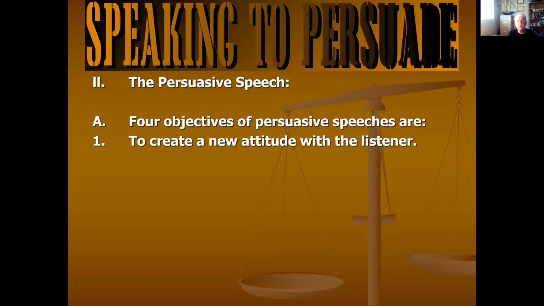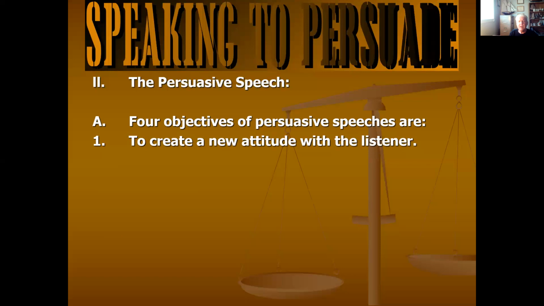Okay, so here are the four objectives for a persuasive speech. Number one, to create a new attitude with the listener. Maybe there's no attitude that exists at all. Let's just take voting. Maybe there are people that don't vote. They don't even think about it. And to be honest with you, the 20-something crowd are the ones that are harder to get to vote. Yet this is their incredible freedom of choice in a free enterprise sort of country like Canada or the United States,